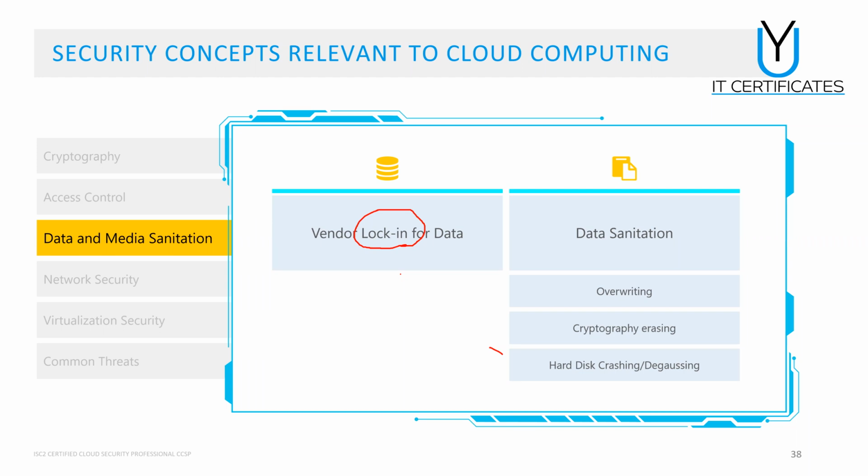Again, there is an important point: you have to make sure that the data will be deleted if you want to quit the service provider. Of course, in the normal situation which we follow in an on-prem data center, you can physically crash the hard disks so that the data cannot be retrieved, or degauss the hard disks. Degaussing the hard disks means that the hard disk